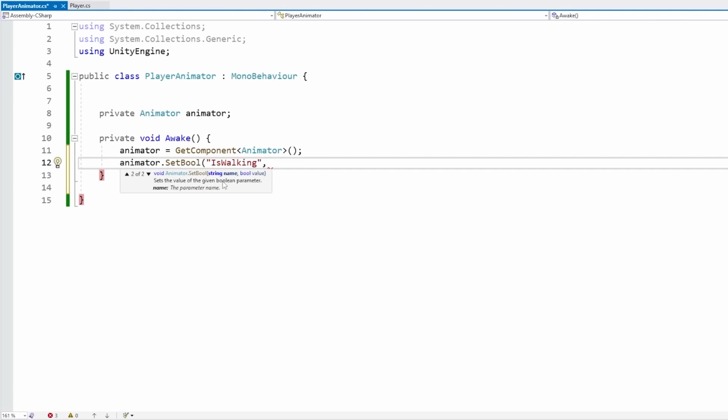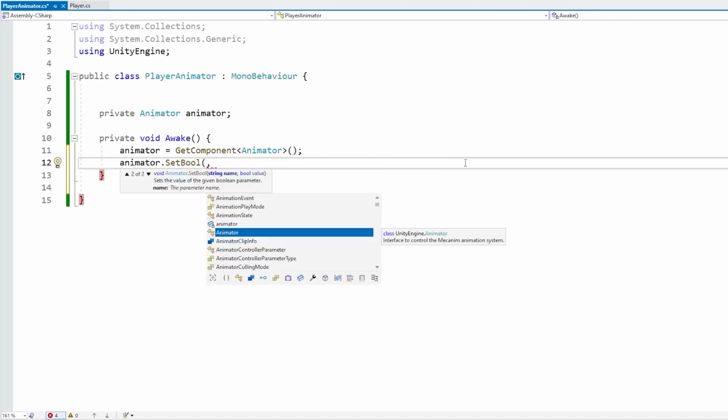So that's one reason why you should never use strings to identify things. It's very easy to make tons of mistakes that are then very difficult to find out. But like I said, in this animator system, we have to use strings. There's no other way. In order to minimize our usage of strings, one thing we can do is, for example,